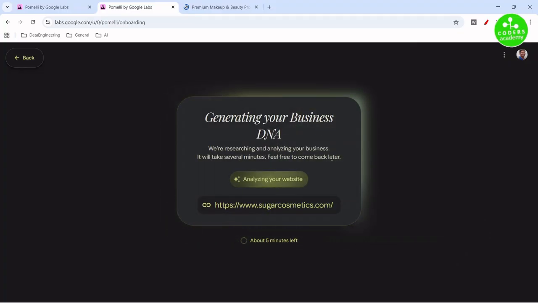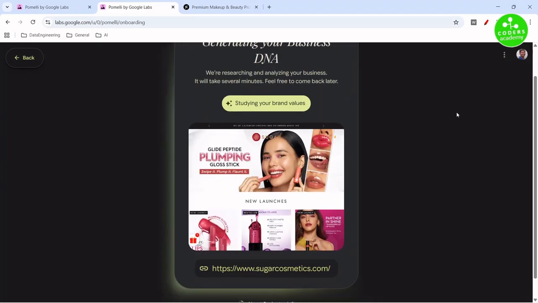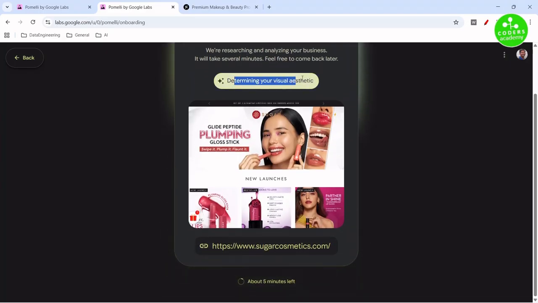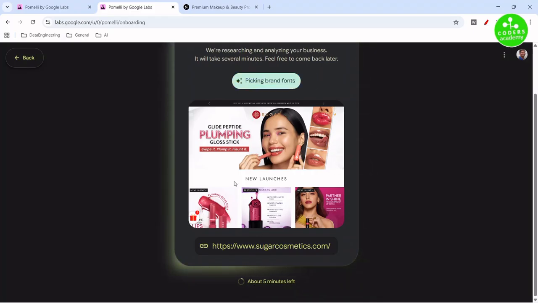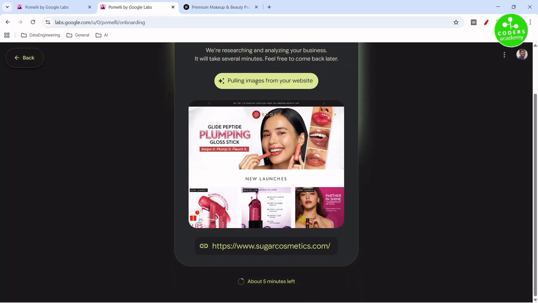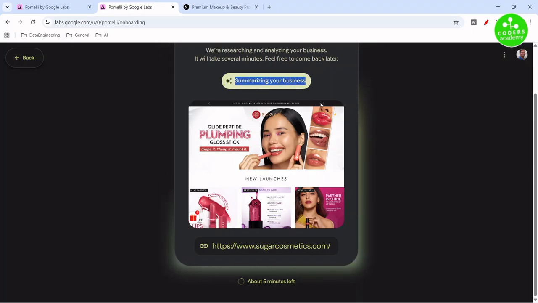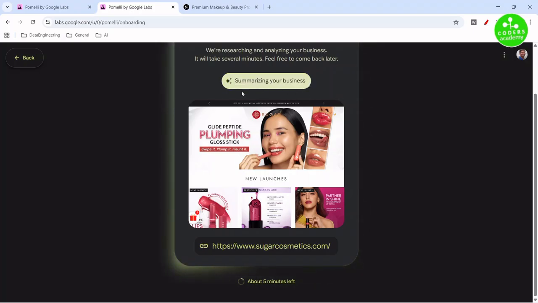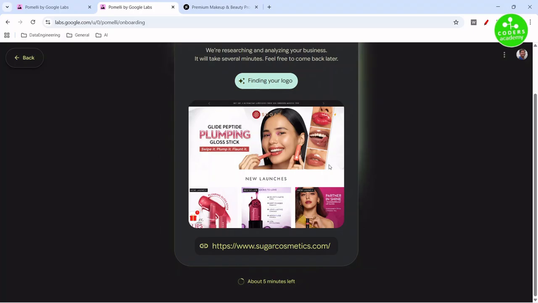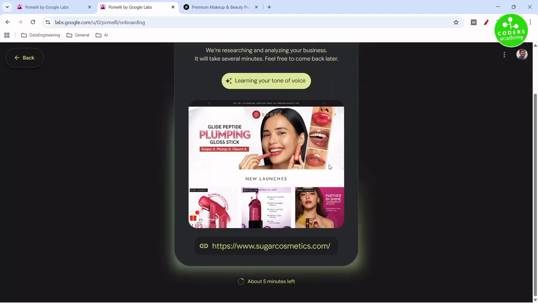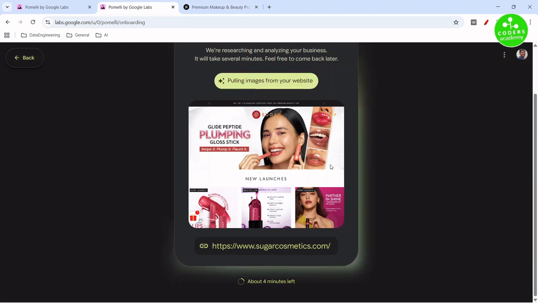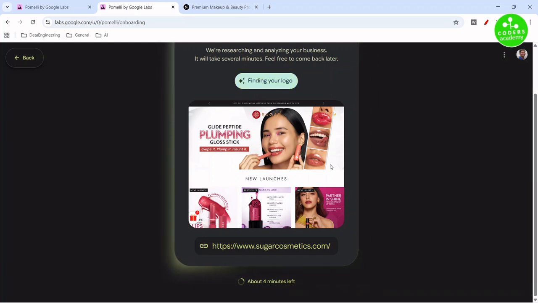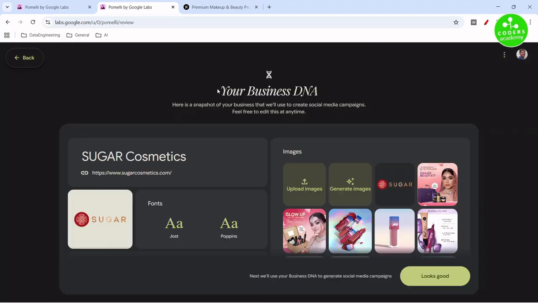So it's analyzing the business. It will take a few minutes. So it has started determining the pages, the visual aesthetics, picking the brand fonts, pulling the images from the website, summarizing the business. We'll allow it to finish. So here is the business DNA output